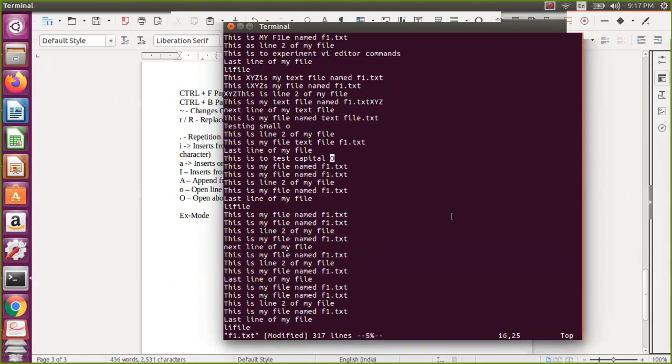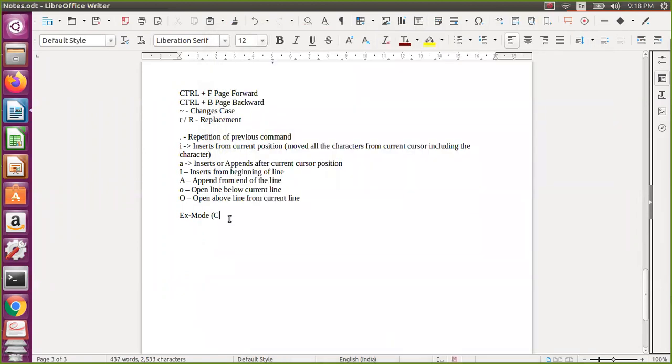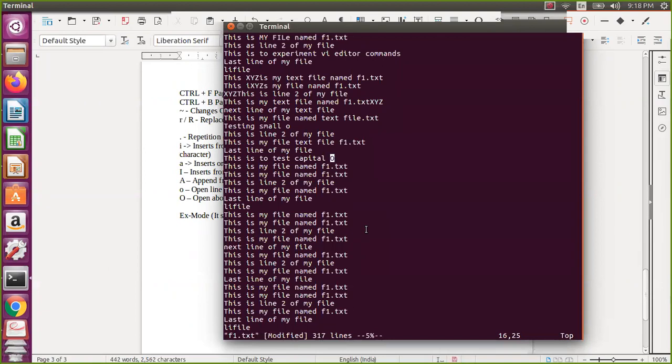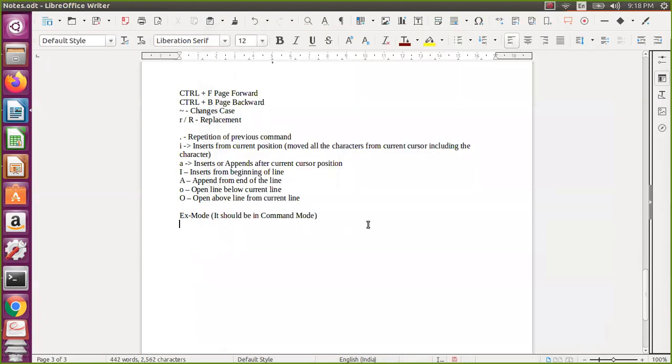Then what you need to do, you should be in the ex mode. If you want to go to ex mode, by default you should be in command mode. If you are not in edit mode, in command mode, if you press colon, the colon will not be typed actually. So you need to press colon. Then W, then W Q, and then Q, and then W Q, Q exclamation, then E exclamation. So these are a couple of commands. Okay, so we will see one by one.